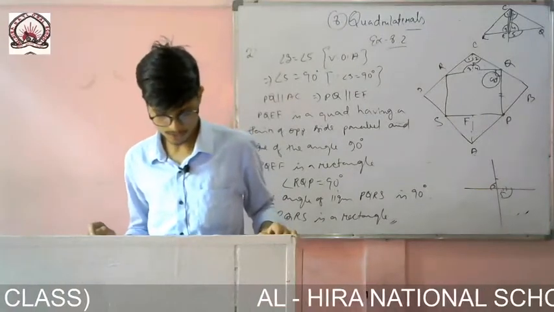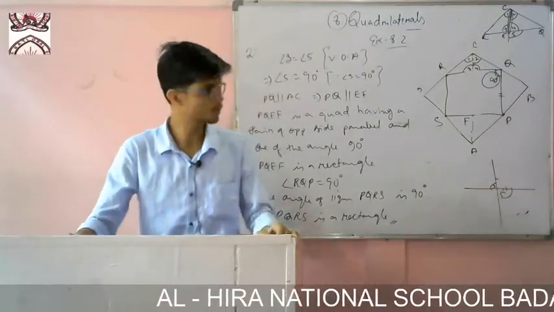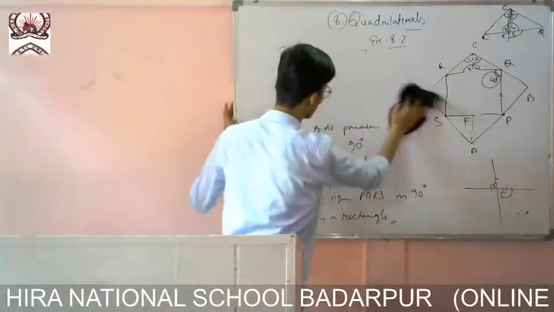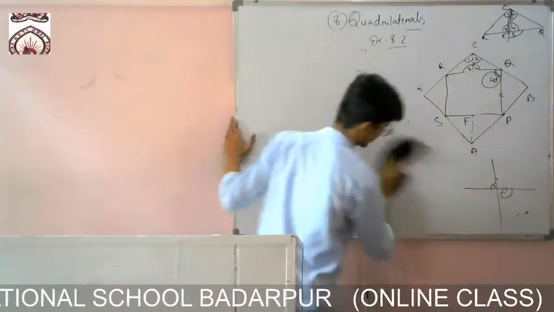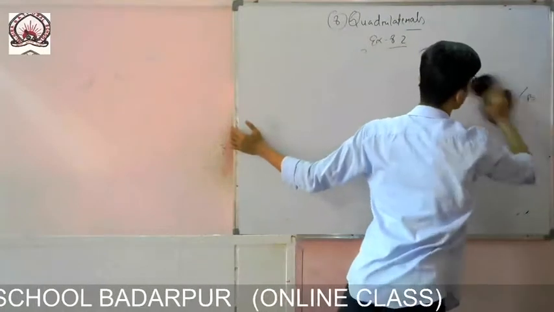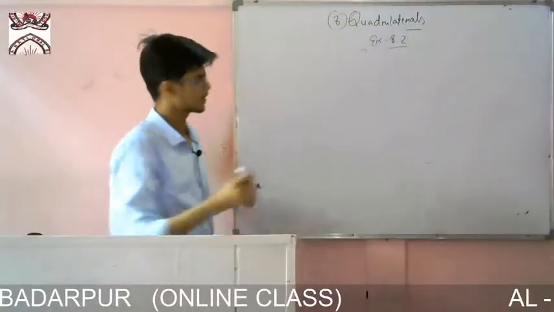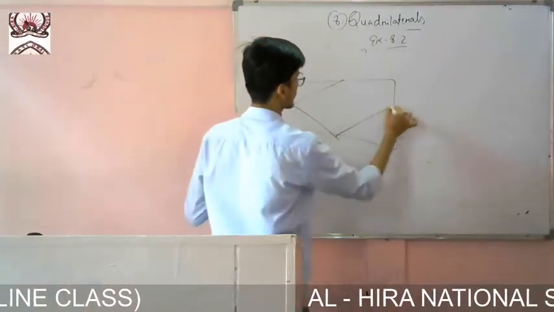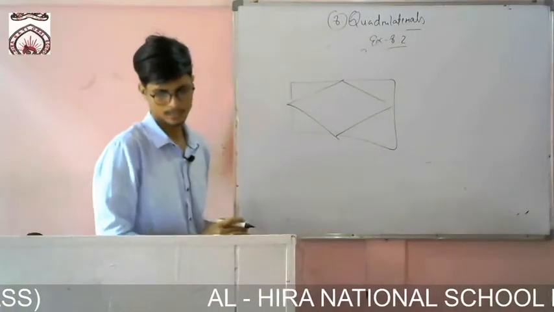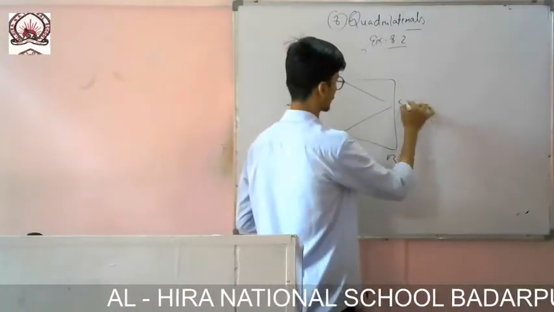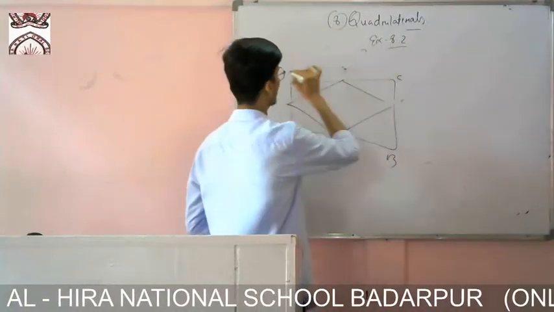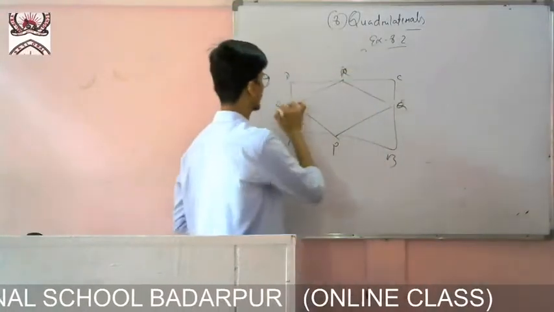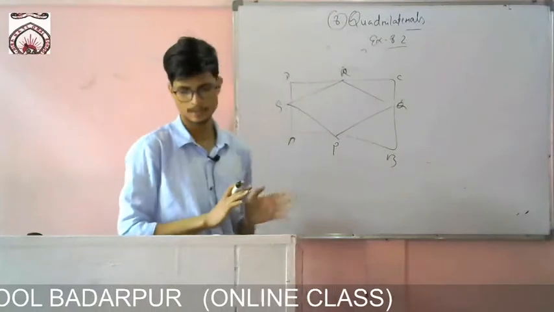So first of all, in triangle ABC, you draw the figure like this, as I have done in the earlier one. I will explain it. You just see here the figure will be like this. ABCD is given, and PQRS is also given. So this is not the exact figure, but it is somewhat like this.